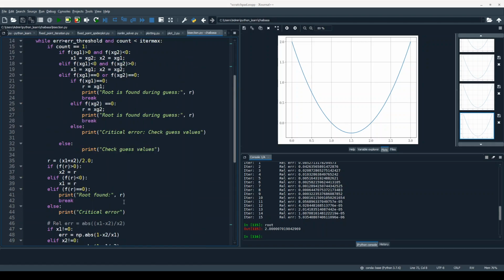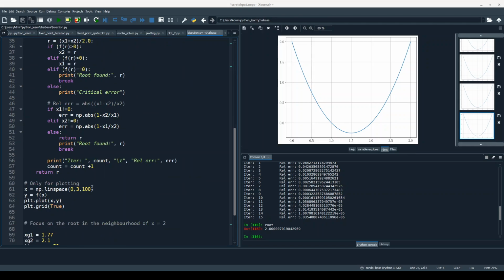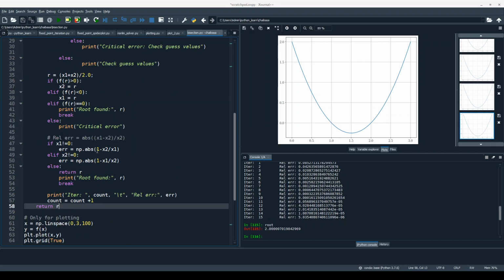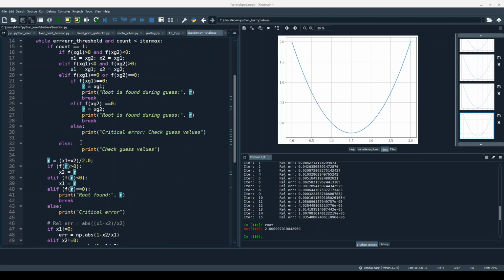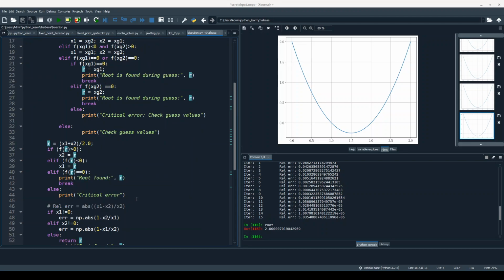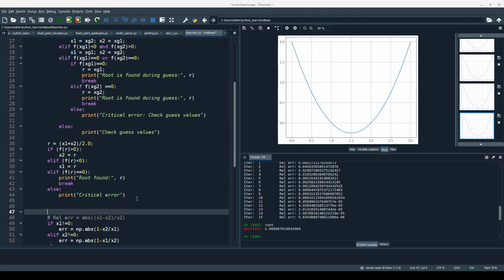In fact, is it really so difficult? Let us see. Once it finds the new value of x1 and x2, we can do the plot.